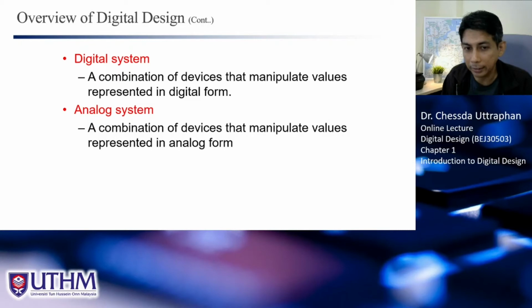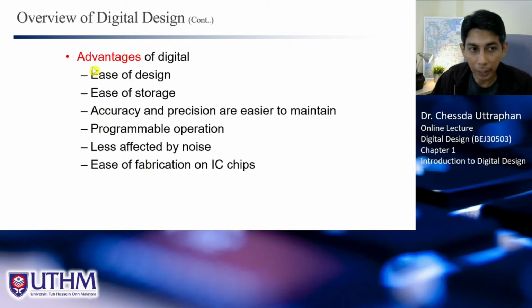So at some point you need that analog system to process the data, and after that you convert that data into digital. And still, don't say that analog is not important. Analog is still important, because the world is analog. Remember that. But why the core, the inside, we use digital instead? Because of these